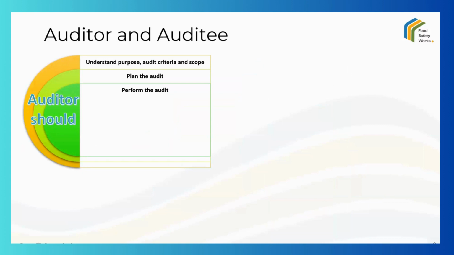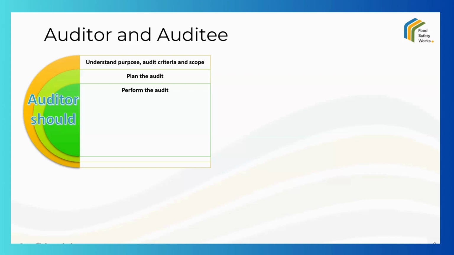The auditor needs to prepare how to do the audit, which sampling I'll take for collecting my evidences, maybe by interviewing certain unloading staff or sorting staff, or by verifying certain documents or the practices in place. The auditor has